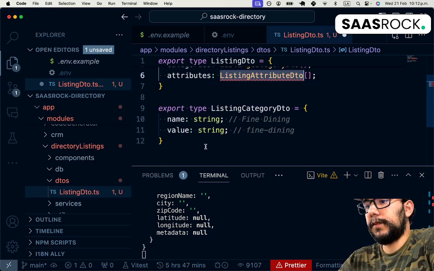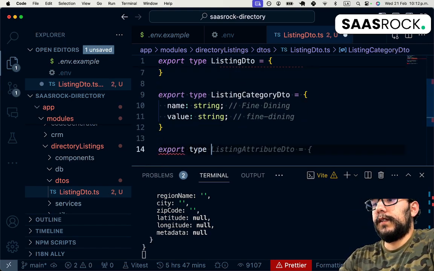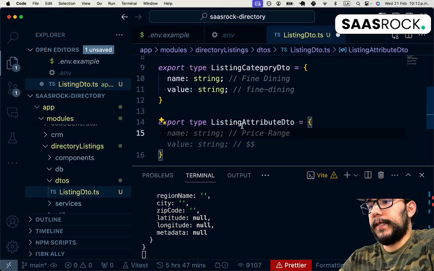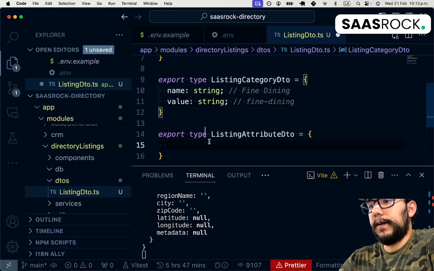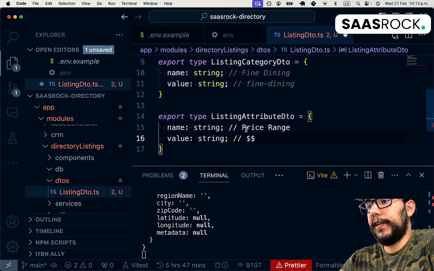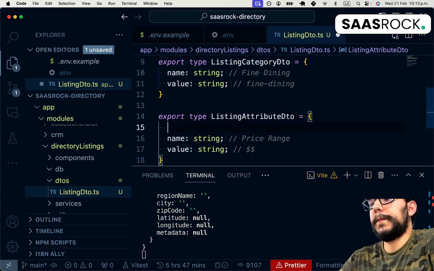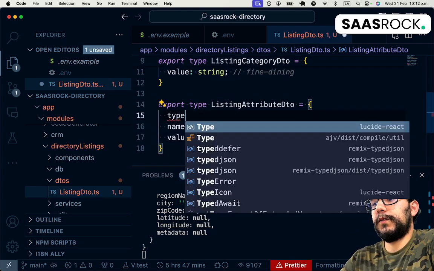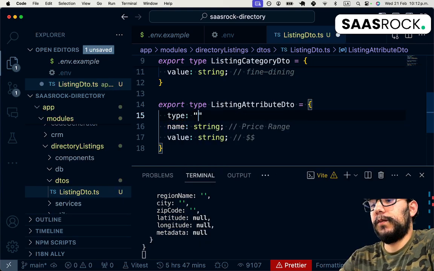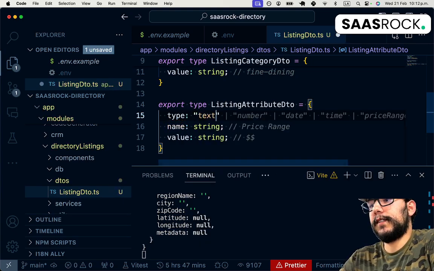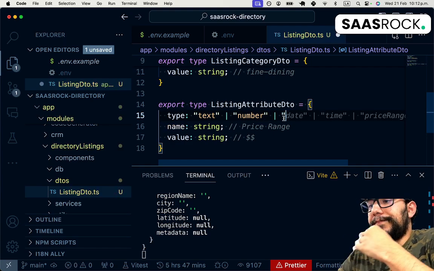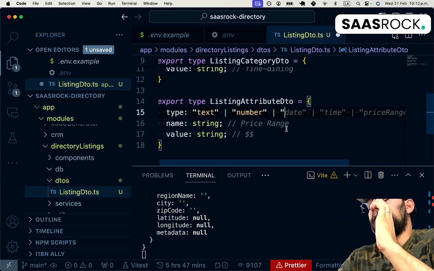Listing attribute DTO. So let's do it the same way as we did with categories, but here this should have a type, and this could be like text or number, or yeah, keep it simple: text, number,